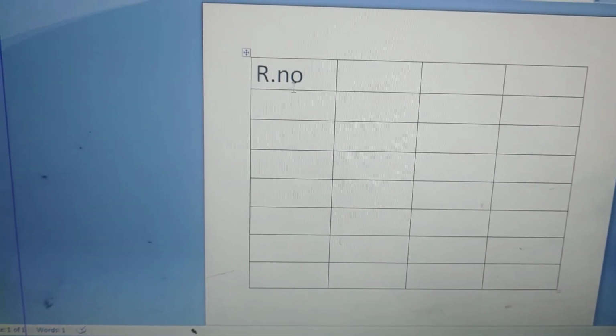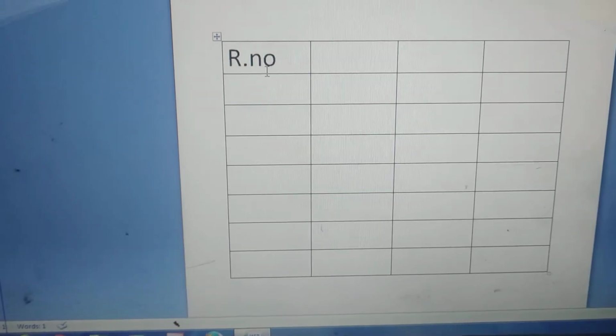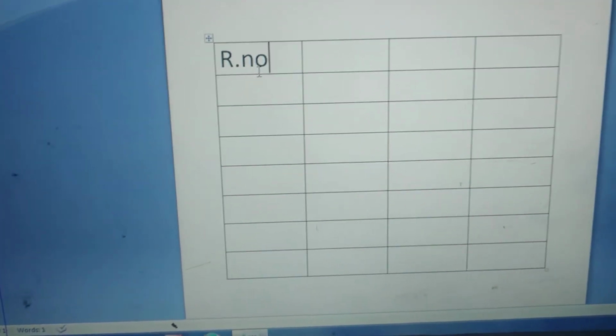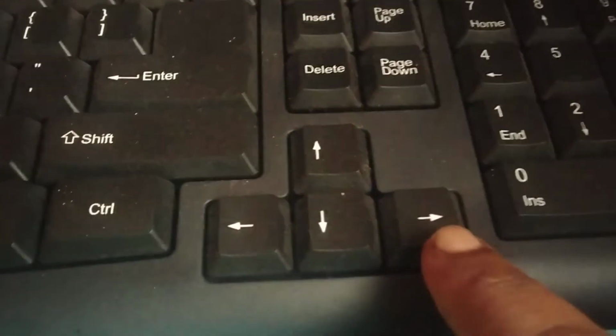See here. Okay, now I will write here, roll number. Then I want to take my cursor to the next cell. A single box is called a cell. Then you can use your arrow keys, which are called navigation keys.